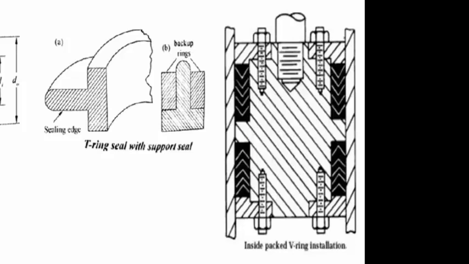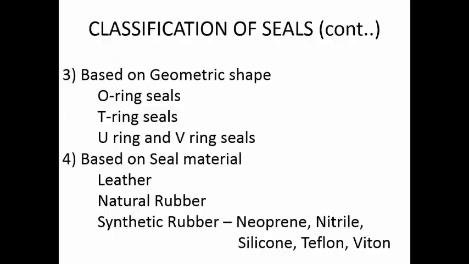Apart from this particular application, just now I said, U-shaped seals and V-shaped seals can be used independently, wherein the pressure is acting on the inner surface of the V or inner surface of the U. The V and U-shaped arms are going to open out against the surfaces of the component, thereby creating a proper sealing. So it can be used in this configuration or it can be used in another configuration.